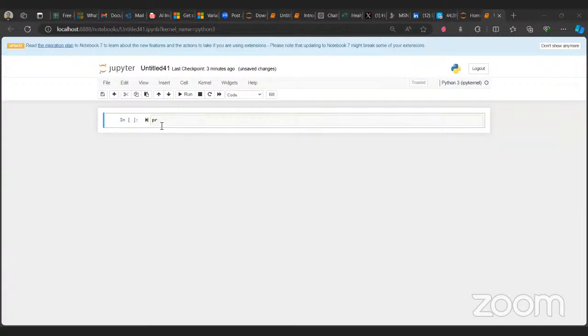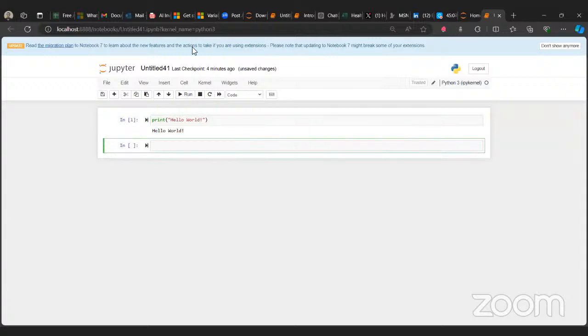I believe you guys can hear me. All right. So whenever learning a new programming language, for some reason, the tradition seems to be to print hello world. So let's go ahead and print hello world. In Python, to print is print, and then you put quotation marks, and you type. So you print hello world, and we run. And hello world has been printed. Congratulations to you. You have written your first code in Python. Congratulations to you, guys.